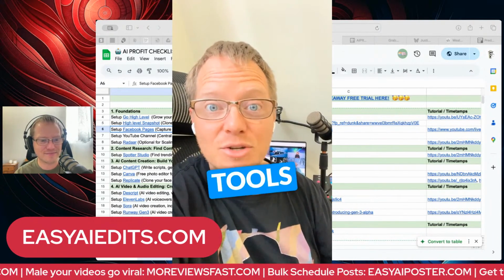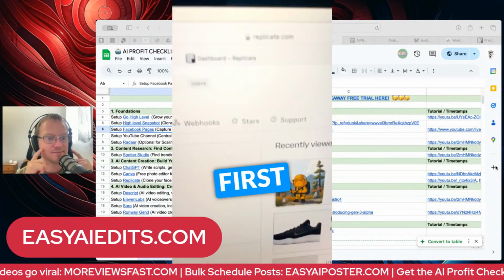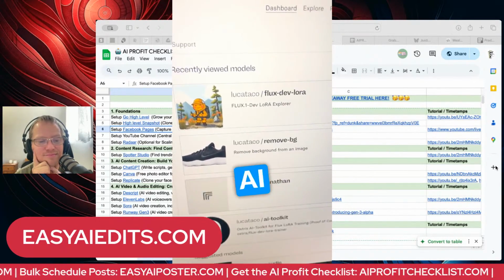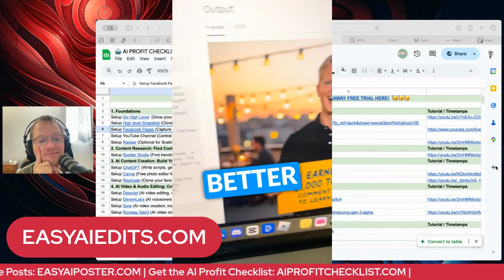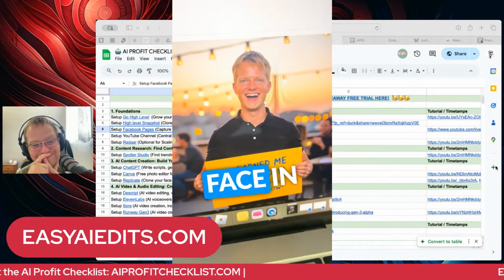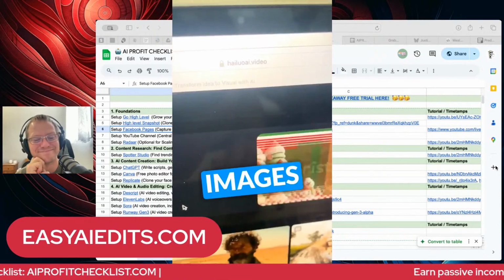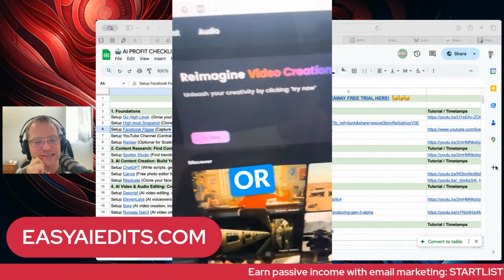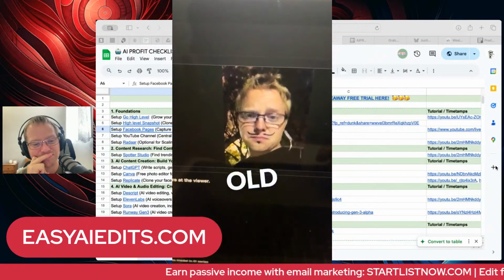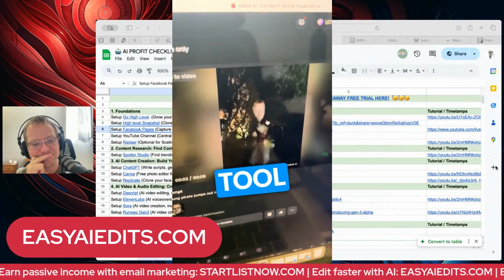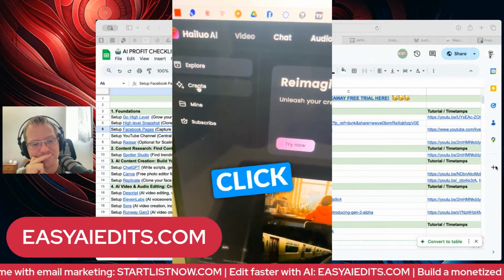These 3 AI tools will blow your mind. First, we have replicate.com. You could upload custom AI builds, and it gets even better. You could upload your own face into Replicate and use your own face in your AI images. Next, let's head over to this site where we could reimagine videos or images. I took this really old picture of myself and I made it move with this tool. All you need to do is come over here and click create.